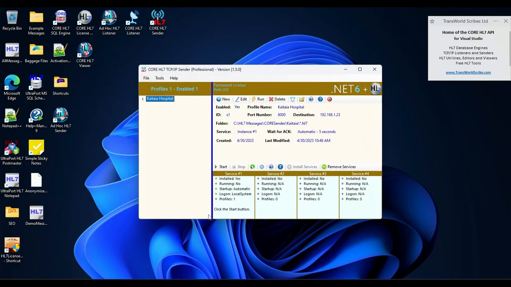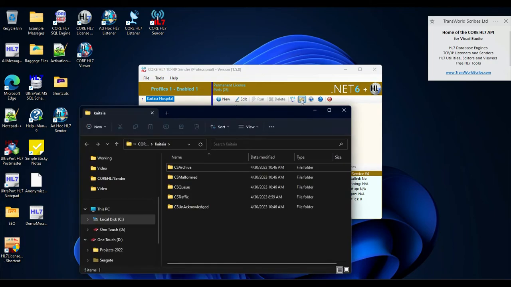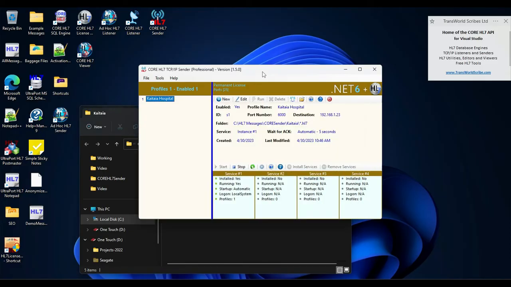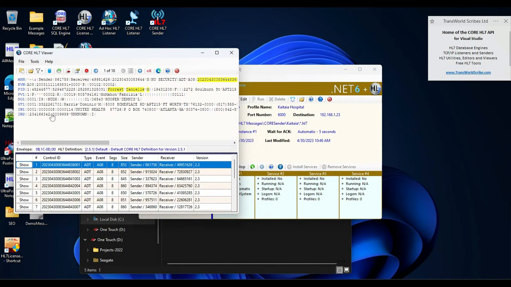so we can click OK to save the profile. Now if we start the sender service, that should be running, and if we open the data folder by using this icon in the toolbar, we're just doing that so we can actually see the messages as they go out. So if we open up the core viewer again and export those demo messages once again,